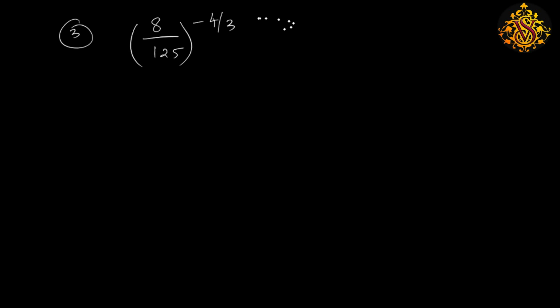How to solve this kind of sums? Just see first. I told you that in the previous sums, just look at the denominator. The digits will be written in the powers, that is in cube. So what power of cube will be 8? 2 cube is 8, right? 2 into 2 is 4, 4 into 2 is 8. 2 cube, and 125 is 5 cube. 5 cube is 125. Whole power we have minus 4 by 3.